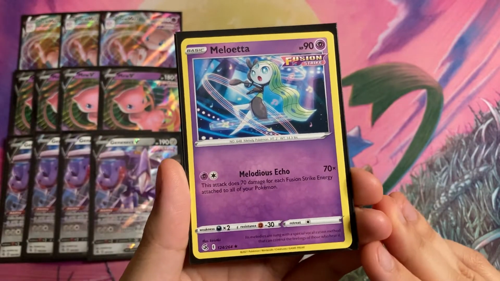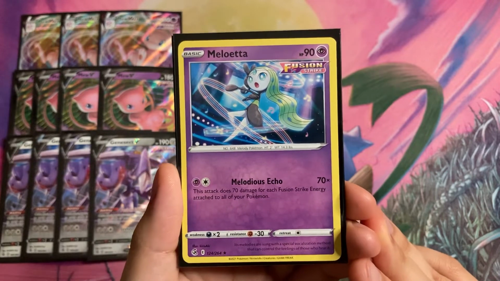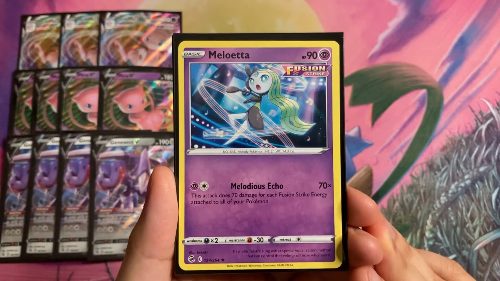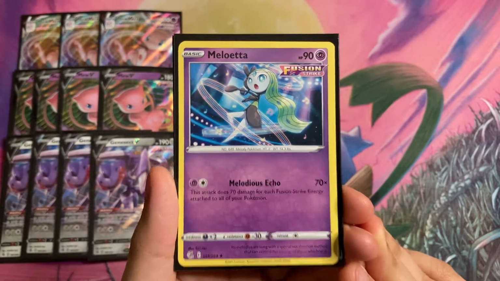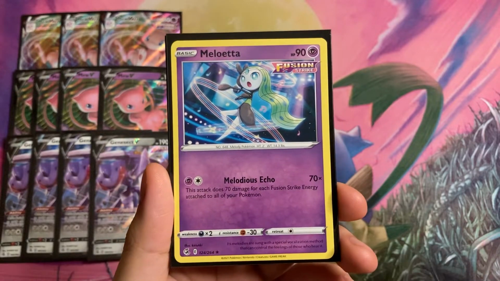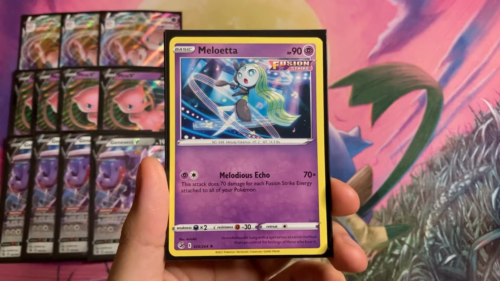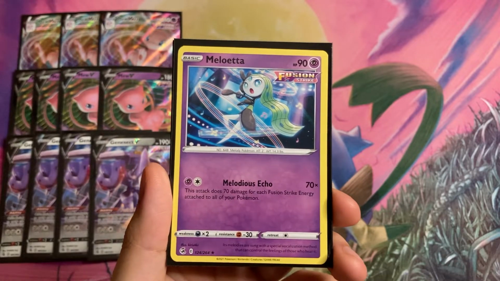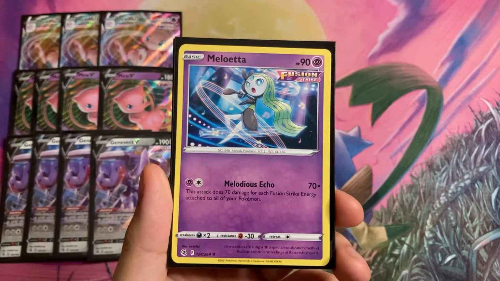Next up, we have Meloetta, another Fusion Strike Pokemon. With Meloetta's Echo attack, this attack does 70 damage for each Fusion Strike energy attached to all your Pokemon. So with 4 of them attached, you do 280. You also have Choice Belt, which adds another 30 to V and VMAX, V Union, and V Stars. And then you also have Power Tablets, which adds an extra 30. So going